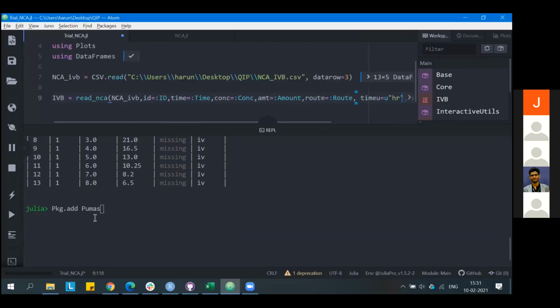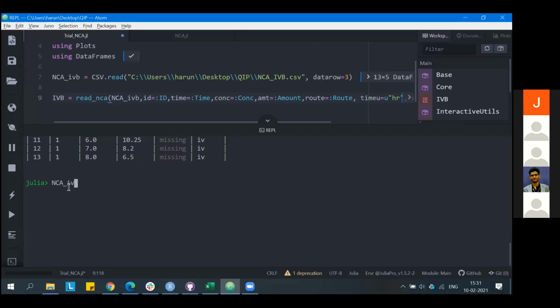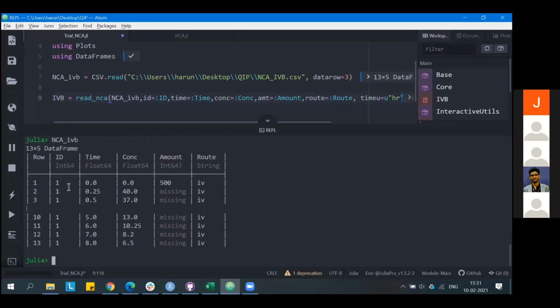If I type in two different things, NCA IVB says it is a 13x5 data frame.